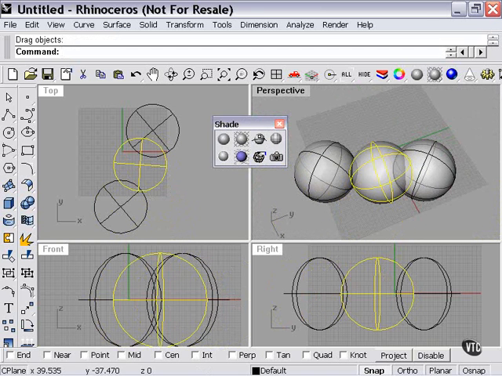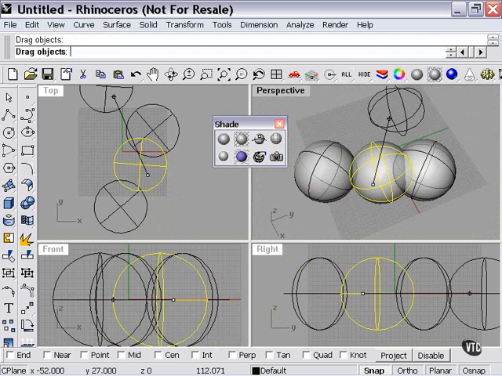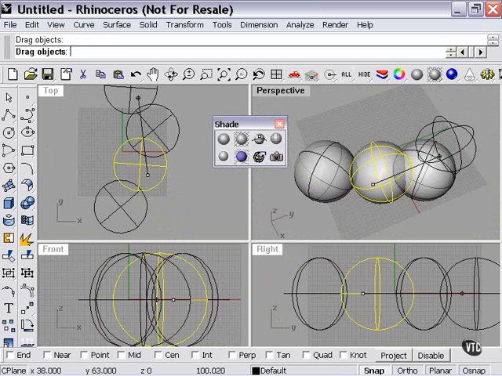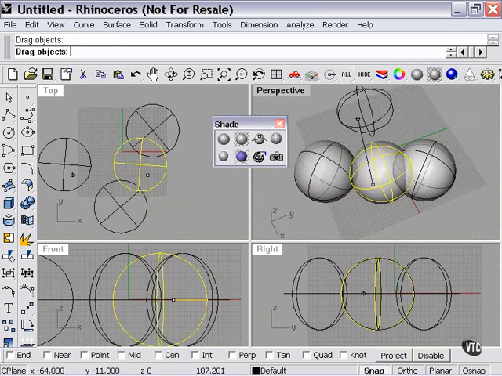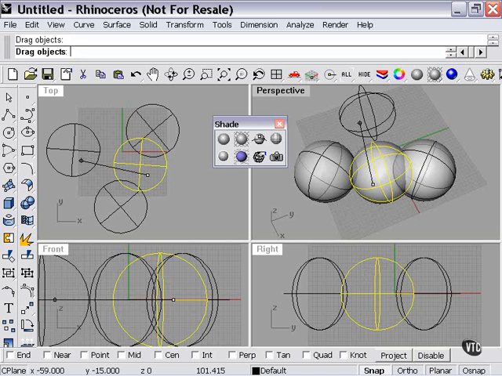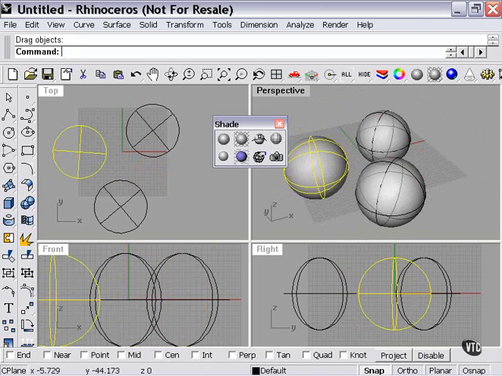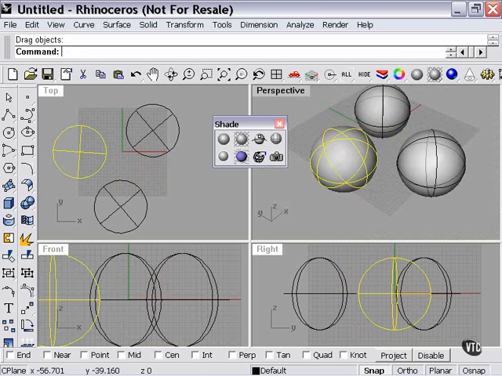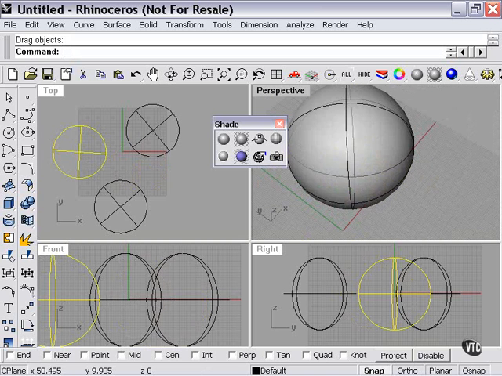Again, the preview does not apply while you're moving the object. As you can see, the wireframe held by my mouse cursor remains a simple wireframe. It's not shaded while I'm moving it around in real time. As soon as I let it go, it becomes shaded again. Now here, if I zoom in here,